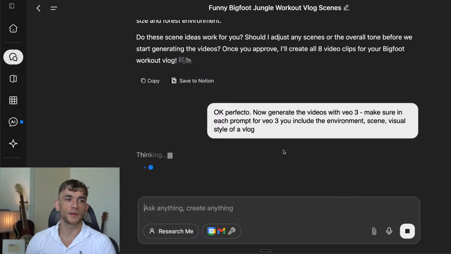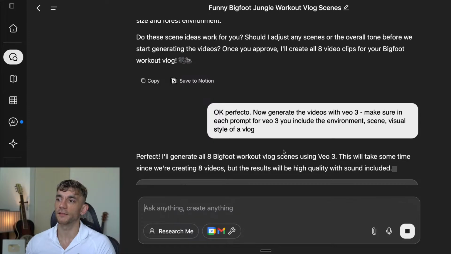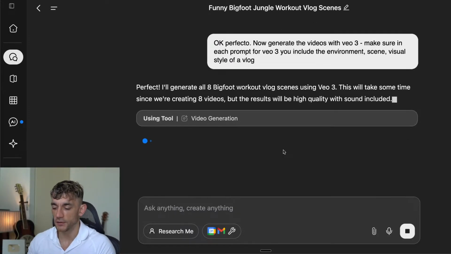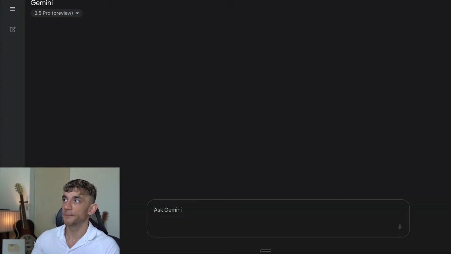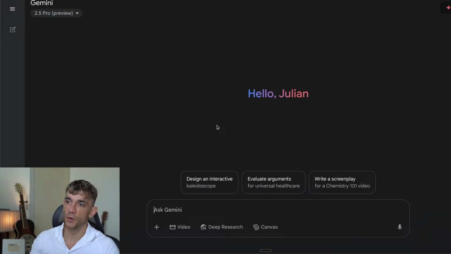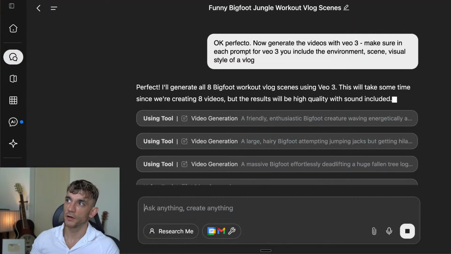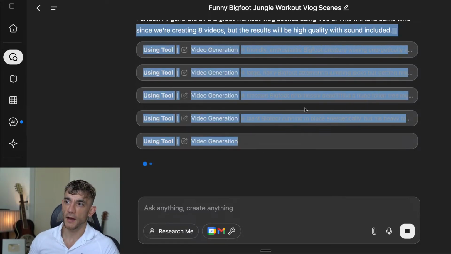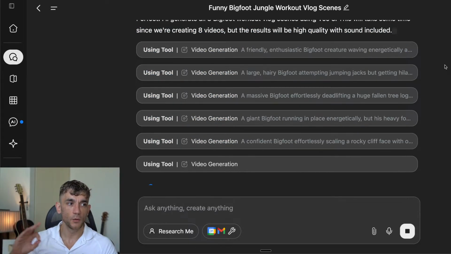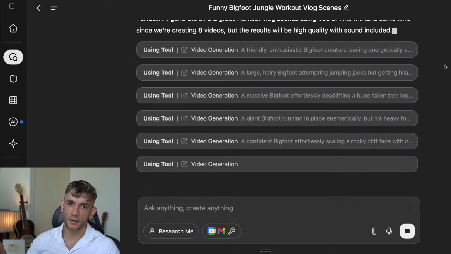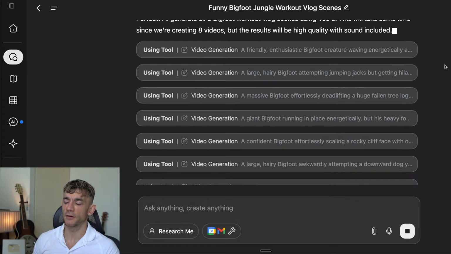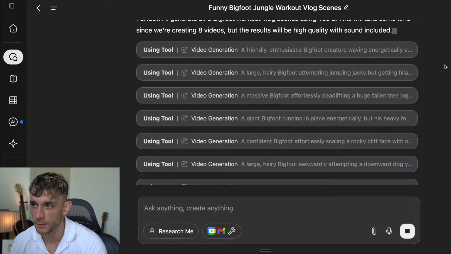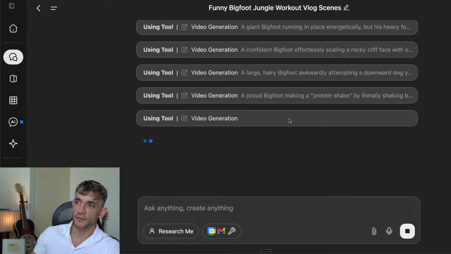It typically takes about 3 minutes to generate each video, but the cool thing about this, and this is way better than using Gemini directly, is that if you use Gemini directly, you can only generate one video at a time in the interface, unless you have multiple tabs open. And also you can't stitch them together, whereas GenSpark can stitch these videos together, and it can generate multiple videos at once. Plus in Gemini there's a limit, whereas directly inside GenSpark there doesn't seem to be a limit. I've probably rinsed about 40 videos this morning in the space of a couple of hours, and that's basically my life now.